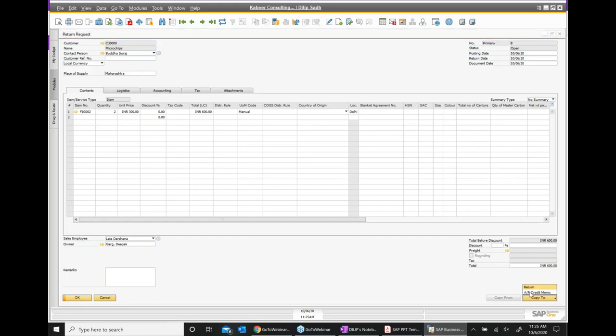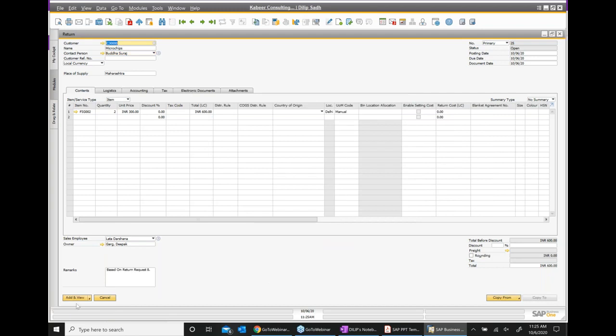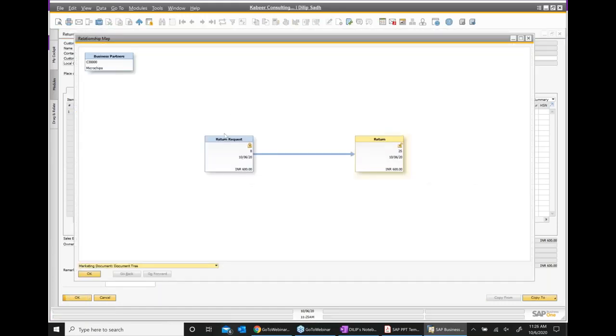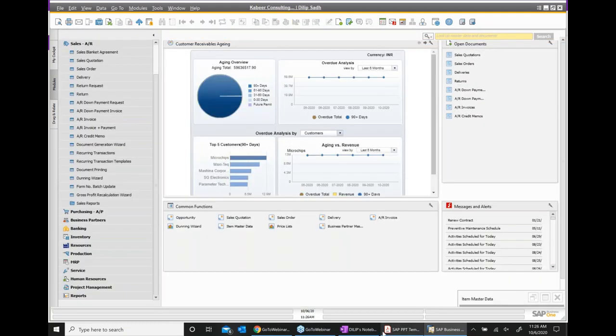Then I go to the copy to button and create a return. If I go back and check the relationship map, I have return request and delivery, but no reference to any order, delivery or invoice, because I don't know which one it was. Several days have gone past, but that's your material that we know. So that is how we can create a return delivery with references and also without references.